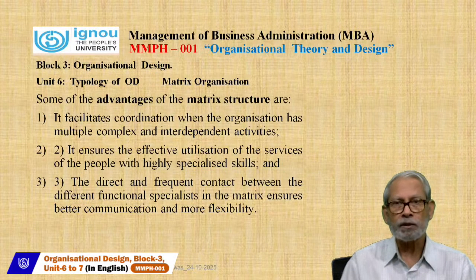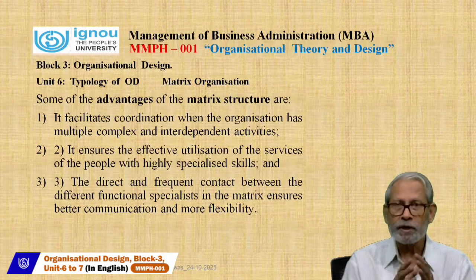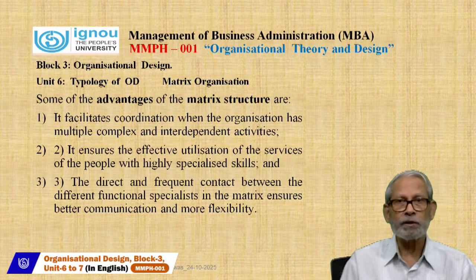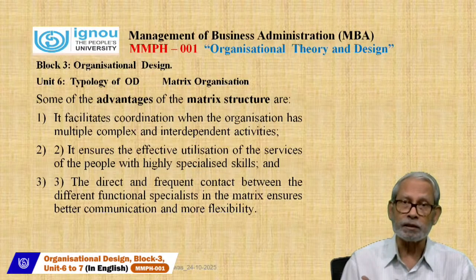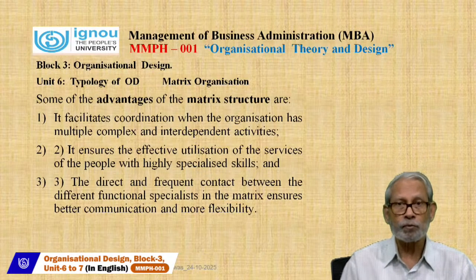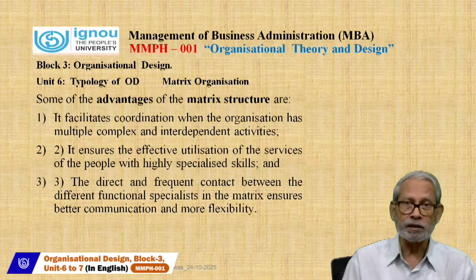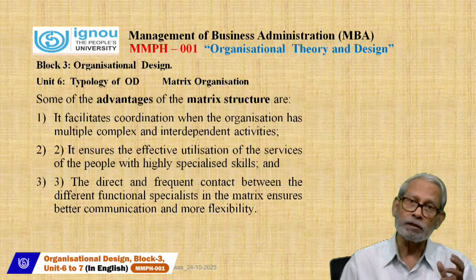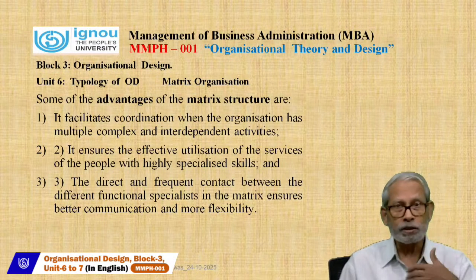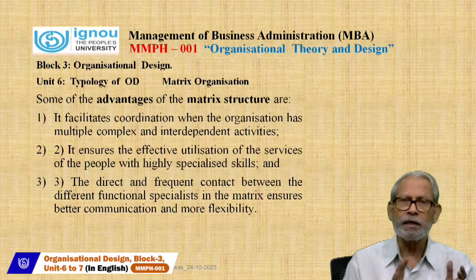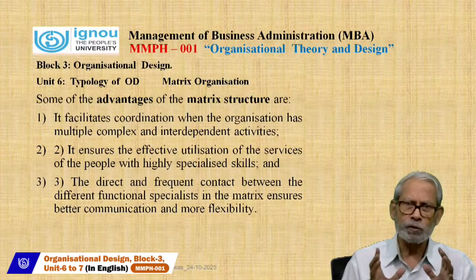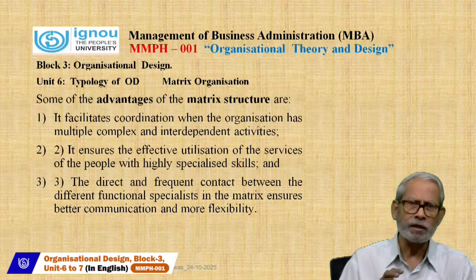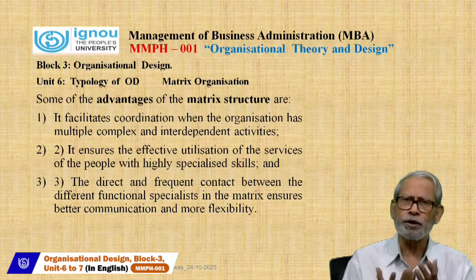Direct information is possible if you have a matrix type of structure. In turn, the production manager can give information to the inventory management or raw material purchase managers. He can send a requisition to the purchase managers that this much raw material is required, because next month we have to increase our production by another 500 units. They can interact with all the managers, production, purchase, sales and marketing. They can discuss with each other, coordinate, and finally